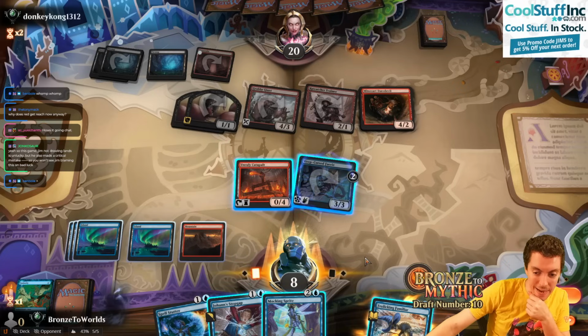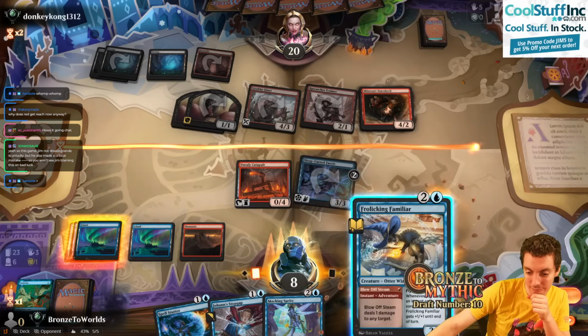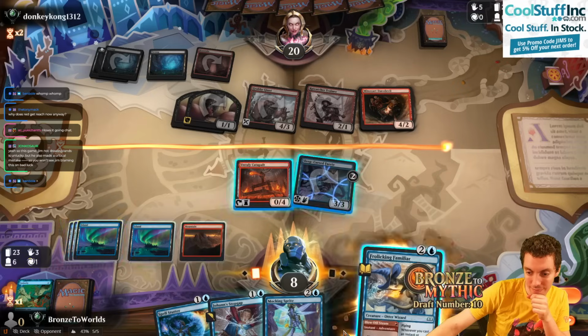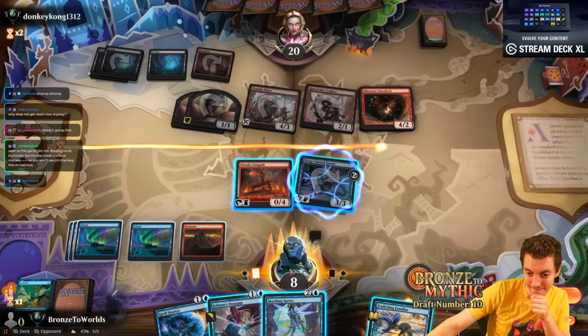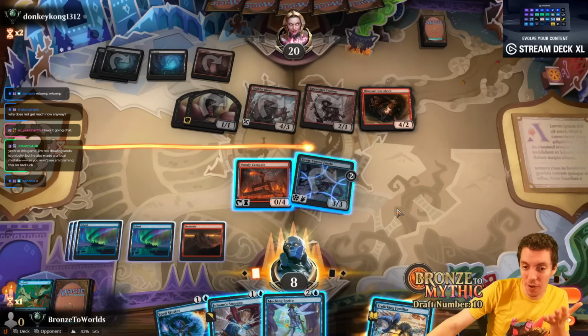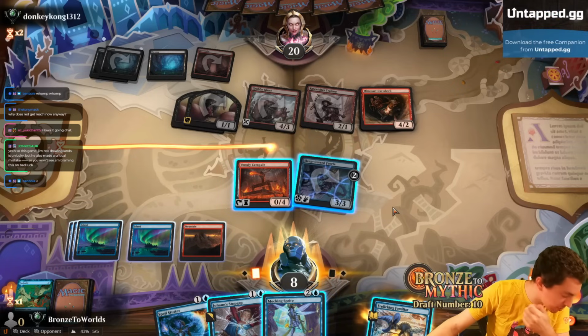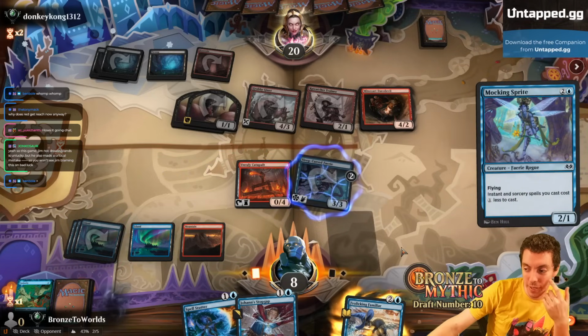Damn, is all I have to say. Damn indeed. I mean, they still have 5 cards in hand, too. That's just an absurd amount of cards. Alright, let's play Mocking Sprite and just say go. We're just probably dead here, but...